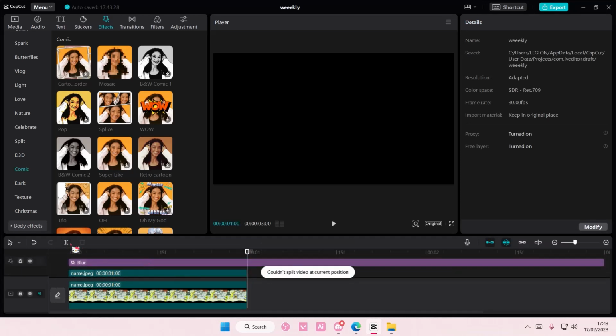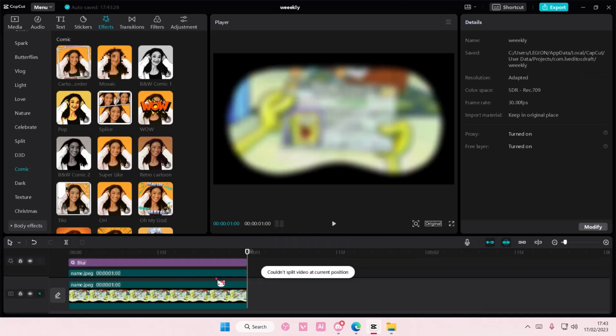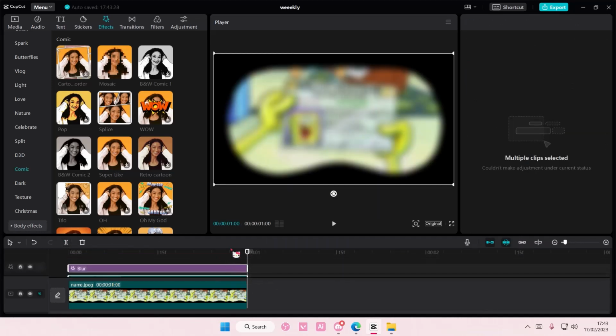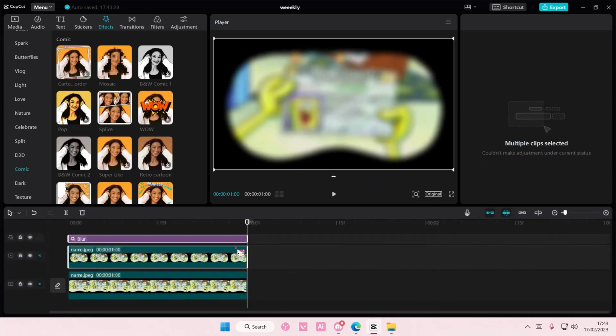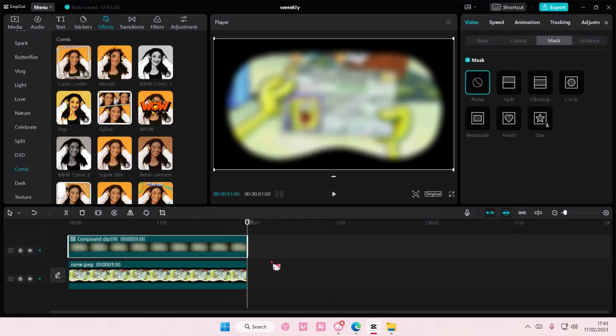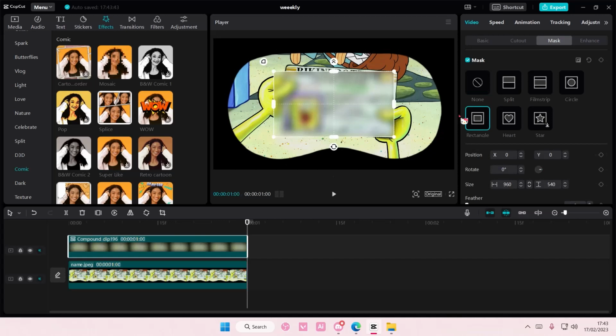And then I am going to just split it here. Select both the video and effect. Hopefully you guys can see. Right click and select create compound clip, and then select the rectangle mask to only blur a segment of the video or photo. For instance, you just want to blur out the